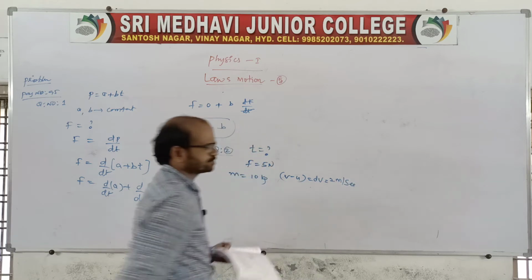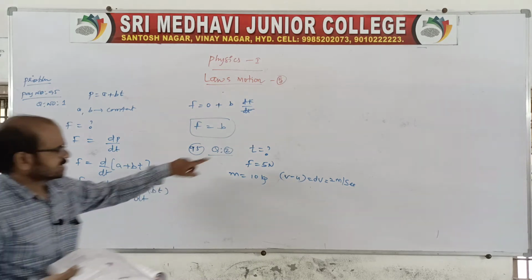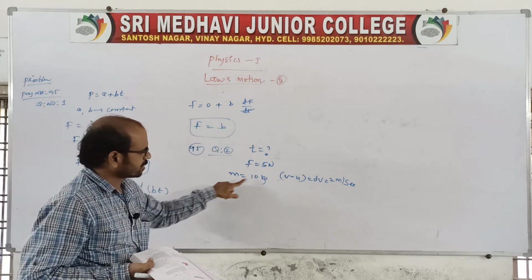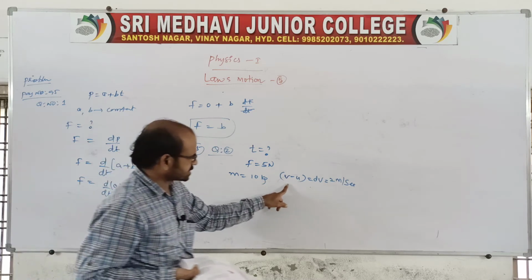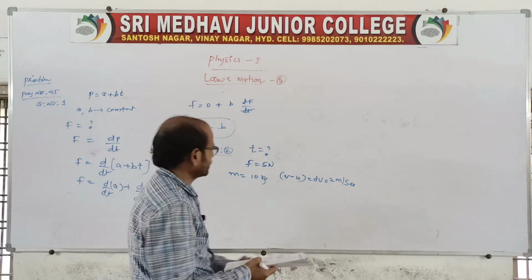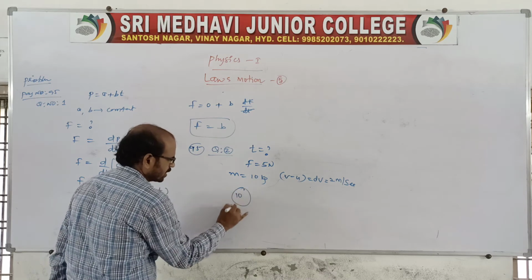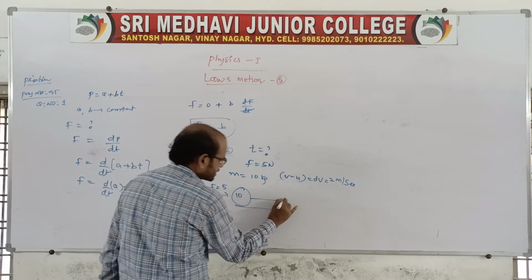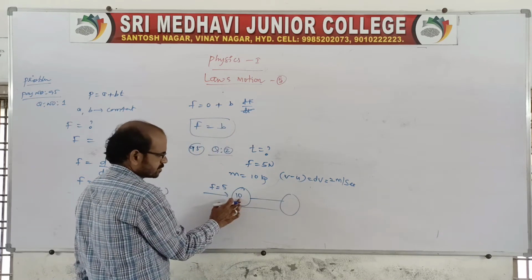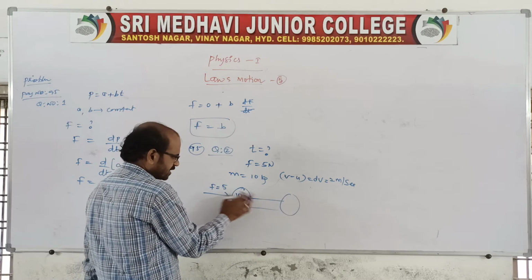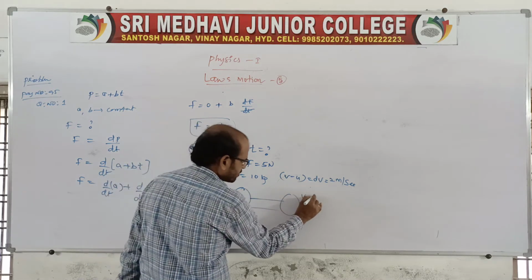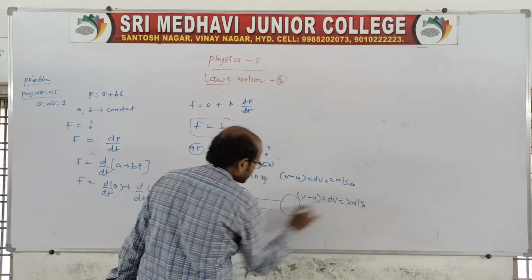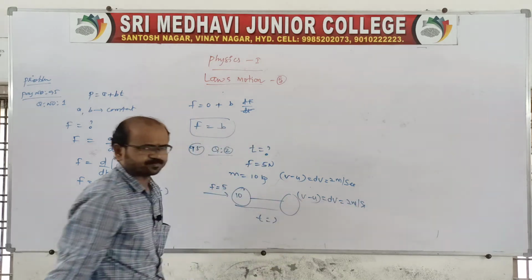I'll explain the question. It is asking for the time needed when a force of 5 Newton acts on a body of mass 10 kg and there is a change in velocity of 2 meter per second. Take a 10 kg mass with a force F of 5 Newton applied. Initially the mass is 10 kg, and when the force is applied there is a change in velocity, dv = 2 meter per second. So what is the time for this change of velocity?